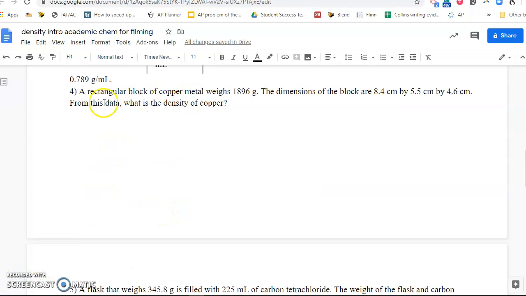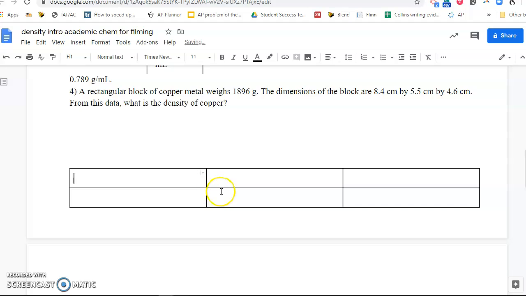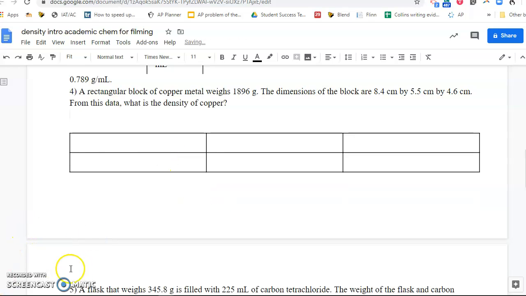So I'm going to start this one by, again, going up to Insert, and I'm going to start with my table. And again, I'm going to start with something that looks a little bit longer than what my normal table is. So for density, I need mass on the top. So I could almost go out here to the end and say, okay, if I'm looking for density, I want units of grams. And since I have these in dimensions, I could go over centimeters cubed. So that can help you